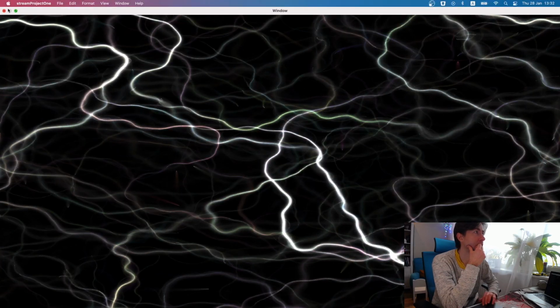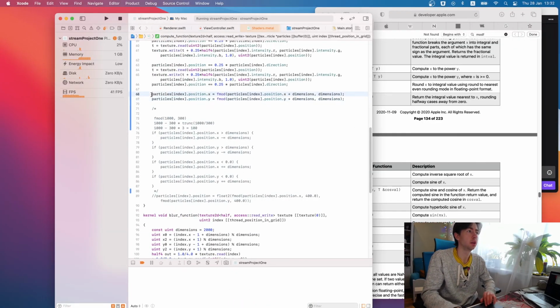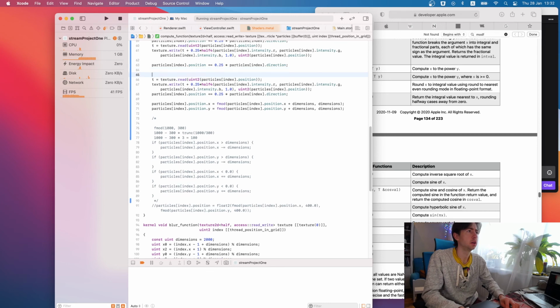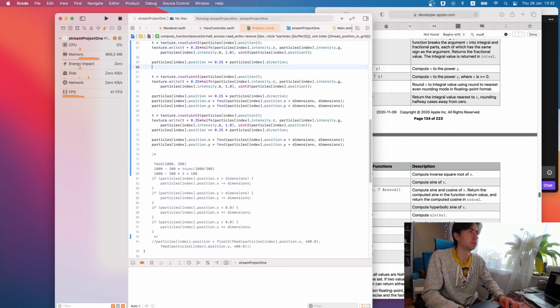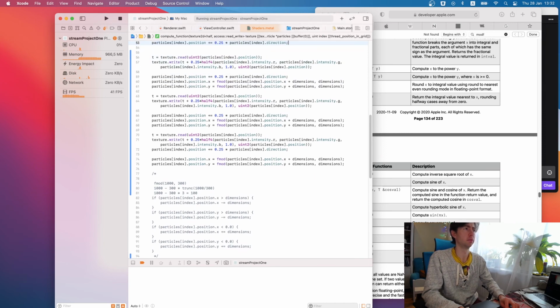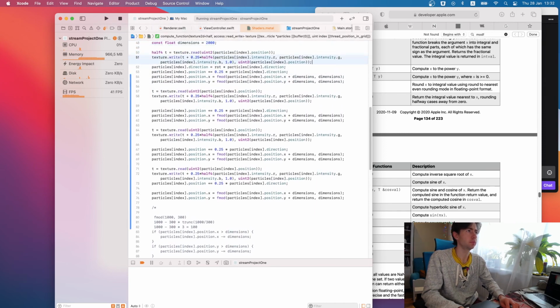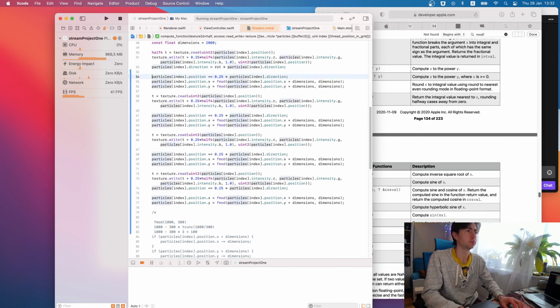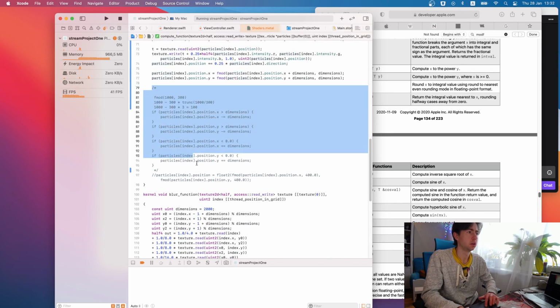Now I'd like to implement this behavior for each step, like after every position update. Like this. Let's remove all these things.